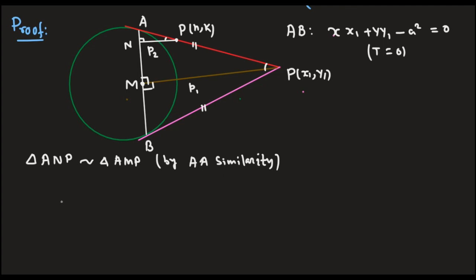The ratio of their corresponding sides: I am taking this perpendicular as P2, and this perpendicular is P1, which is equal to the ratio of hypotenuses. This hypotenuse length is AP, and the other hypotenuse I am also calling P. Let me name it R, so it is AR, and the other will be AP. Now this P1 is the perpendicular distance from the point R to the chord of